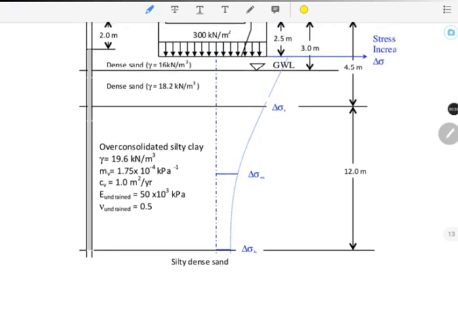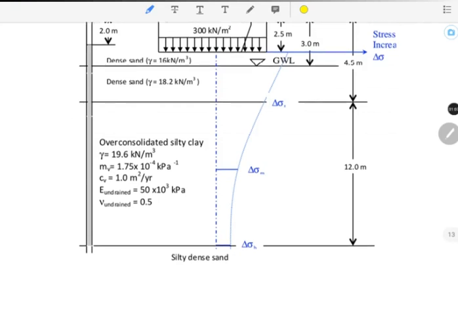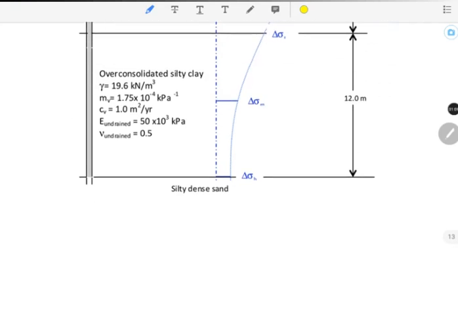So before we can go to the settlement, we need to figure out the increase of the effective stress, those three delta sigmas. As you have learned from CV 381, this delta sigma